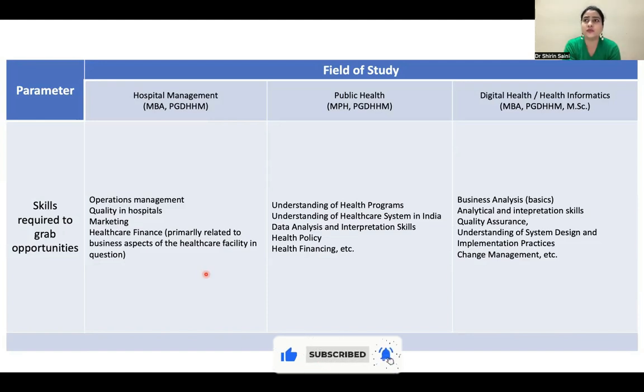Apart from this, if you want to learn HTML, or CSS, or Java, that is not required at all, because you will not be coding the systems. You are not required to code the system. You are required to understand the requirements, what will go in the system, or if you have a ready system, how will you implement it on-site. So these are the two areas where you will be working exhaustively as a health informatics professional.